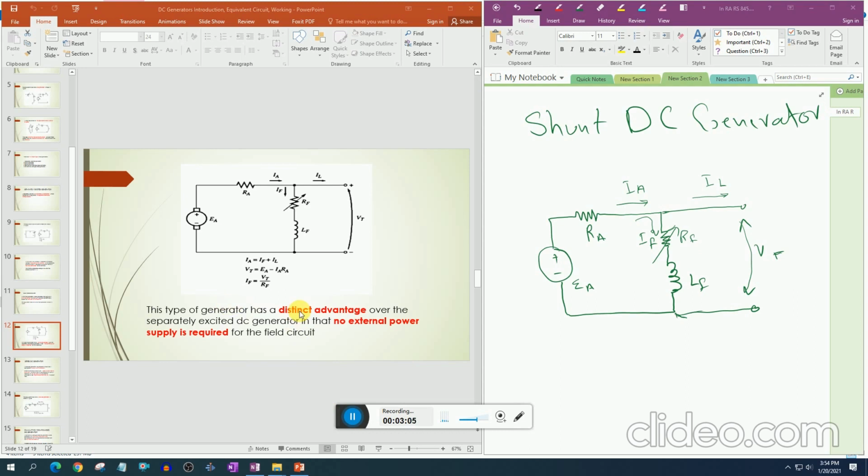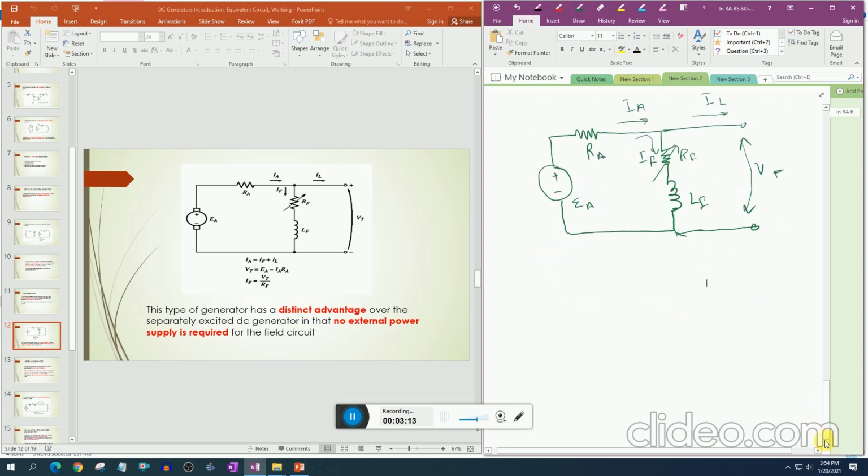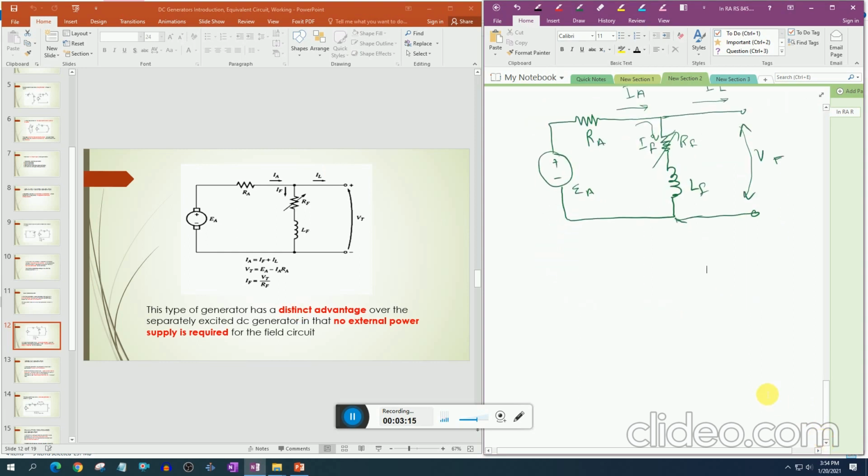In this type of DC generator we don't need an external power source. We can provide flux and power to the field winding directly by the voltage and current generated by the generator. So its IA